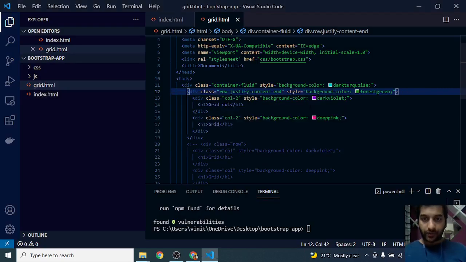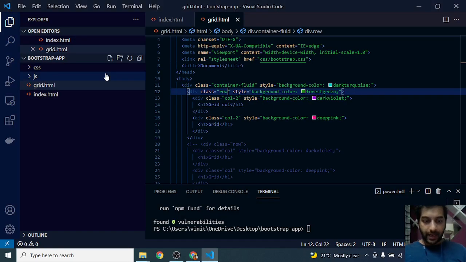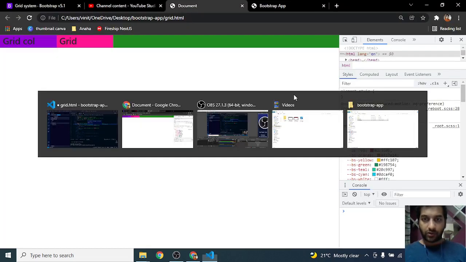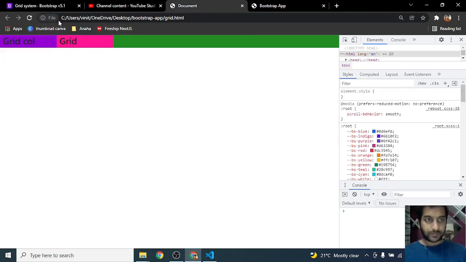So if I remove this completely, it will stack on the left hand side, and if I add justify-content-end, it will stack it on the right hand side. I'll save it, refresh it.